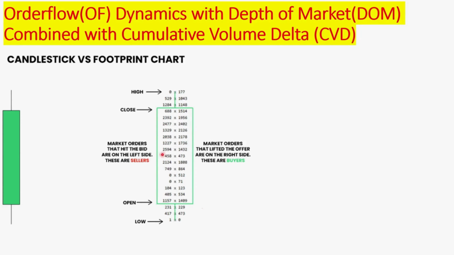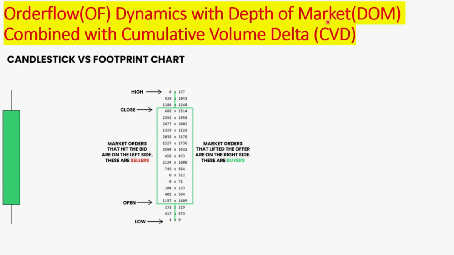For instance, in this footprint chart, we can see how many contracts were traded on the bid versus the ask, revealing the intensity of buyer and seller activity at each price level. However, even the footprint chart alone doesn't fully capture the market sentiment. To gain a deeper understanding, we combine it with depth of market, or the order book, which provides additional layers